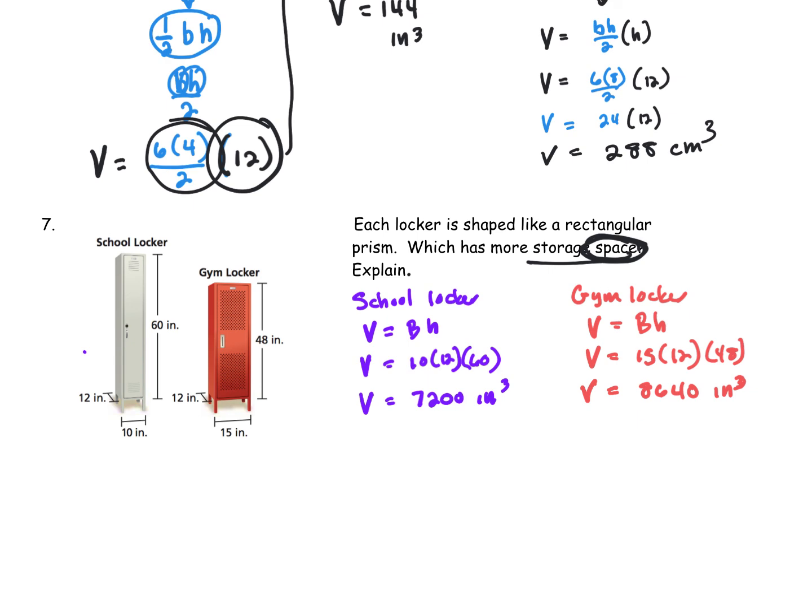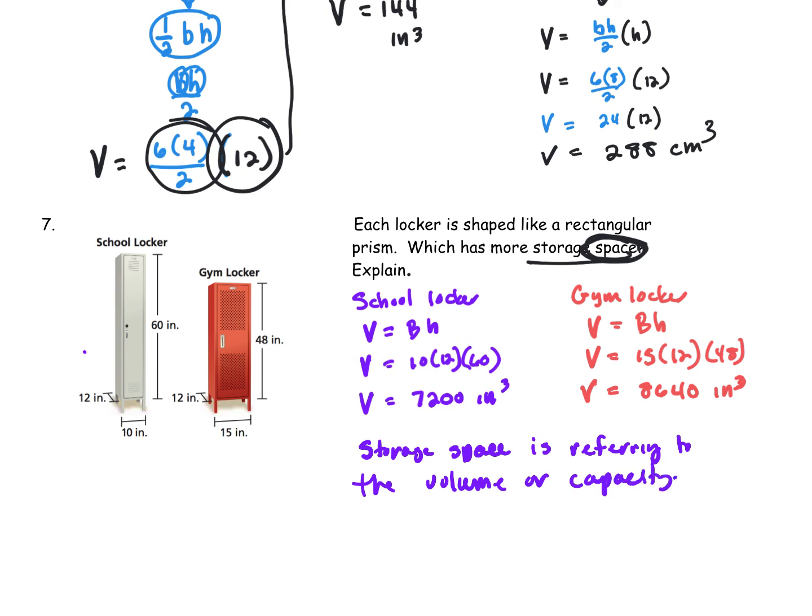So we could explain that storage space is referring to the volume or capacity. So the gym locker has more storage space